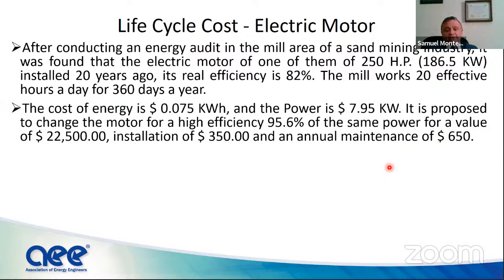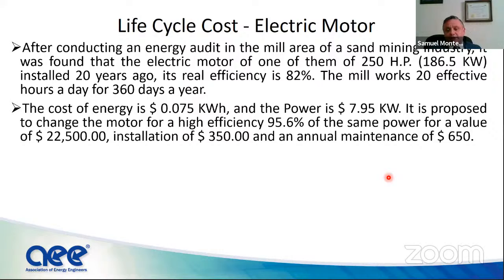The cost of the energy is 7.5 cents per kilowatt hour, and the power is $7.95 per kilowatt. It's proposed a change of the model to the high efficiency, 95.6%, and the same power for a value of $22,500,